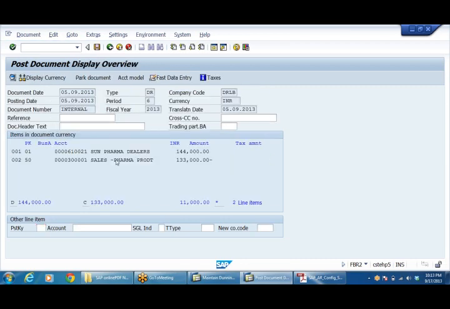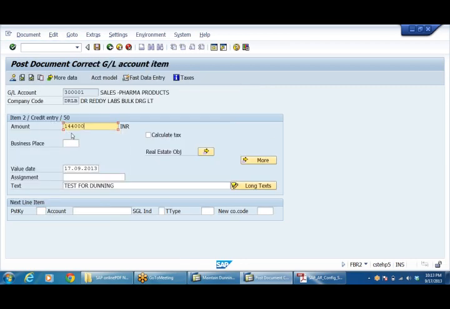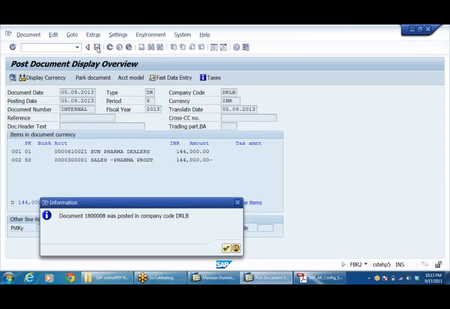So if you take post with reference, the entire entry will be copied. So change the amount and just post the entry like this.